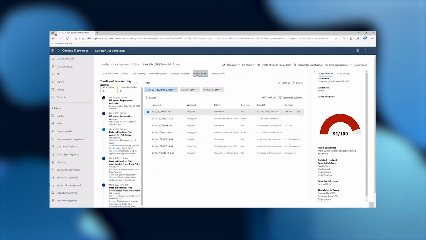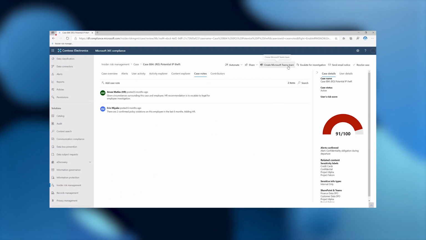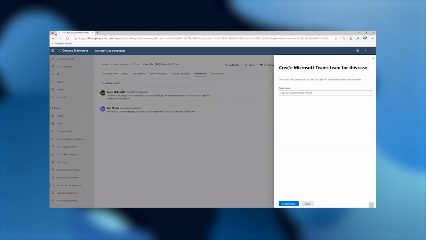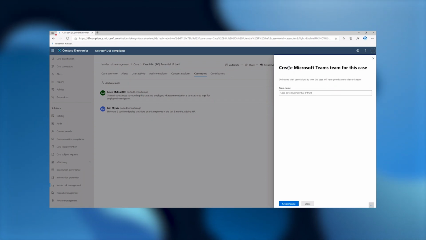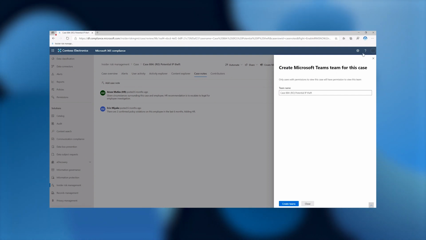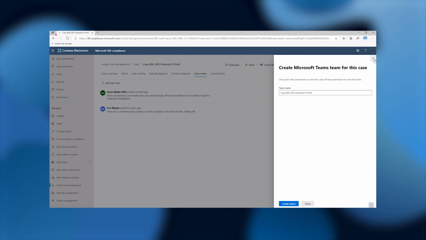So as you recall, we always had the ability to bring in different collaborators and contributors into this solution so they can look at the case and contribute to the case and create case notes. But now we're excited about the ability to also spin up teams. So not only will you have the ability to set this as a default, so every time you create a case, you will have a team that's created for you where you can collaborate with all the collaborators that are there. But in case you go back to an older case, you can also go into that case and